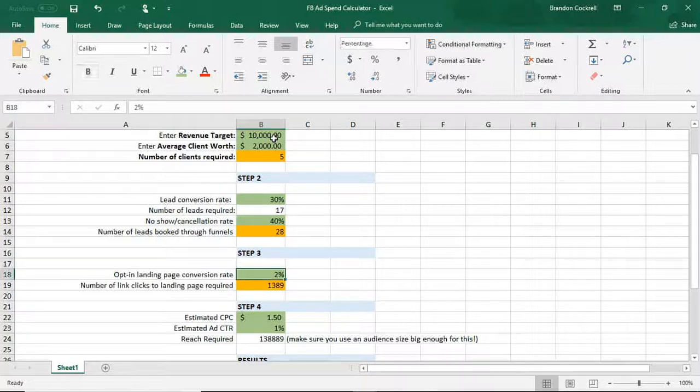These numbers are probably going to be a little bit higher, but I'm going to say 2% of the people that go to my sales page actually convert into an appointment or a scheduled phone call or whatever it is that you're wanting them to do when they get to that sales page. So with that being said, I need to drive roughly 1,400 people to my sales page in order to book